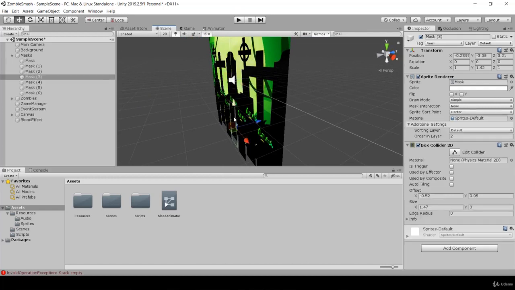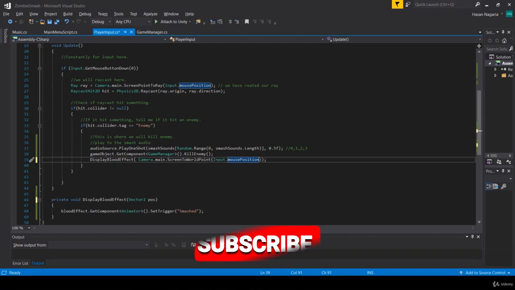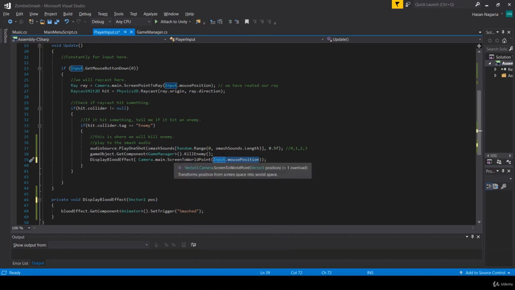You remember how we talked about these transform positions X, Y, and Z, and these are not positions based on pixels, these are positions based on Unity units, okay? These are actual units, and the screen where we're clicking has pixels on it. So what we're saying is, hey, Input.mousePosition, right? And this is going to give us something back in pixels, and what we can do is we can convert